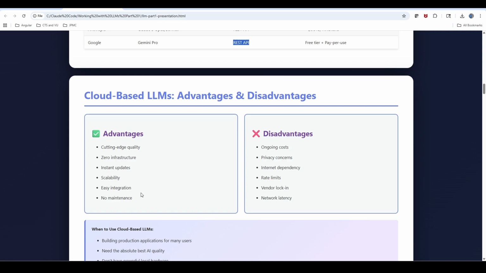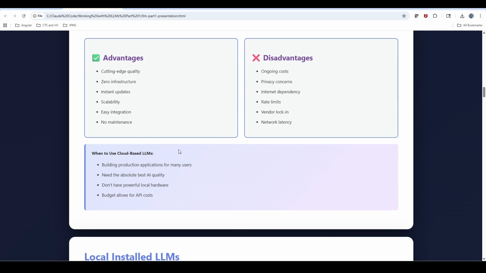So these are the more cons of cloud-based LLMs. When to use cloud-based LLMs?